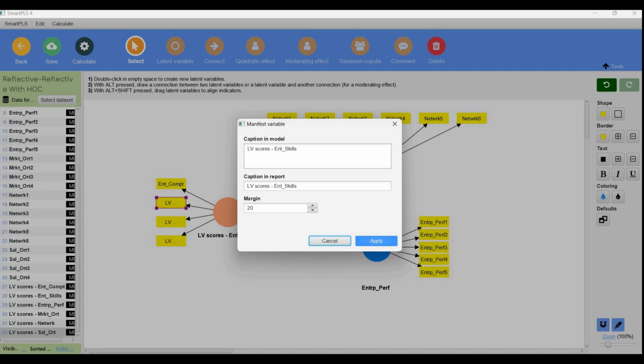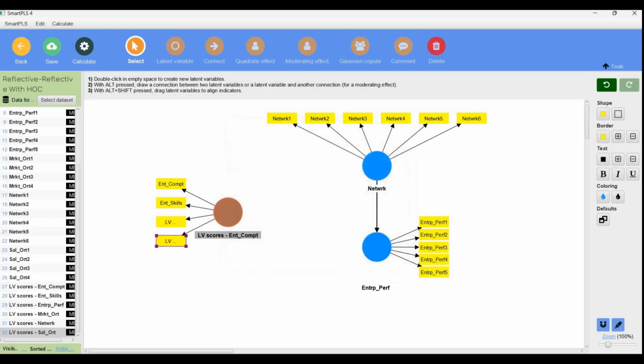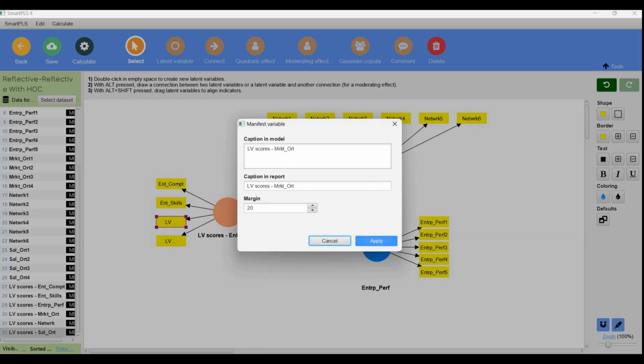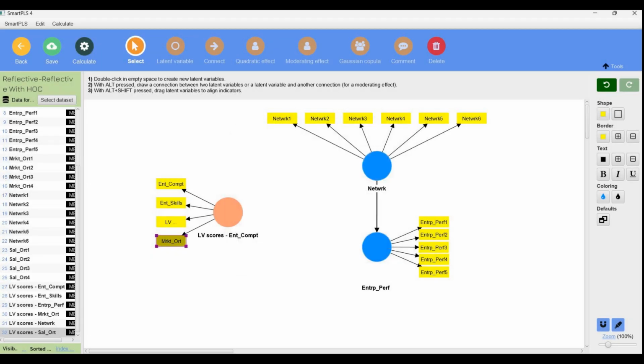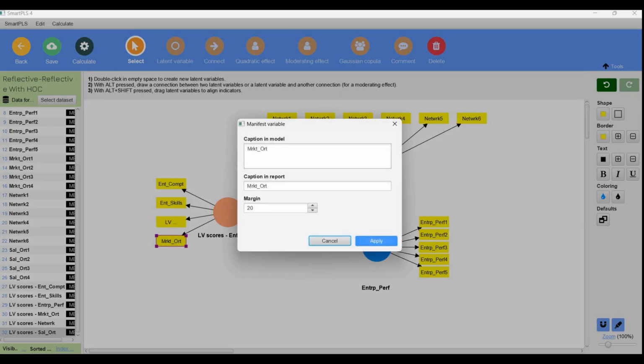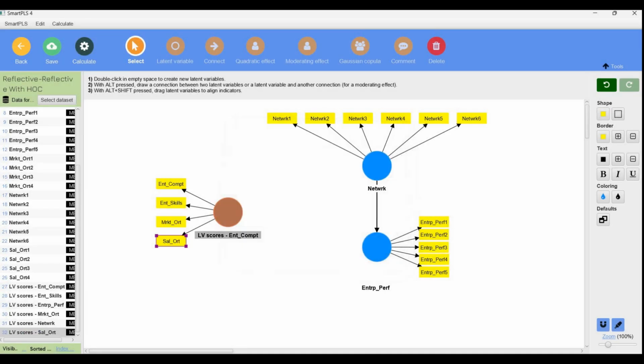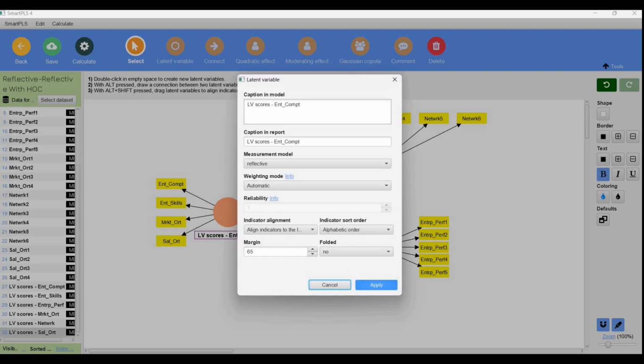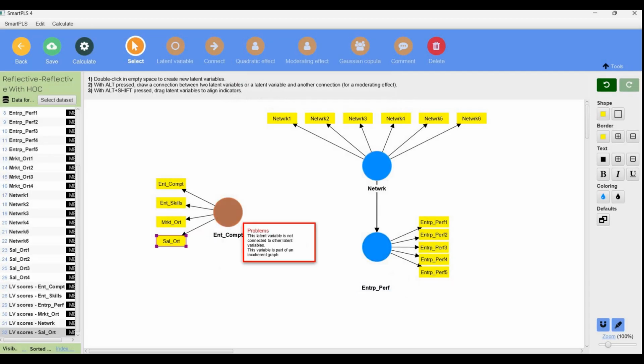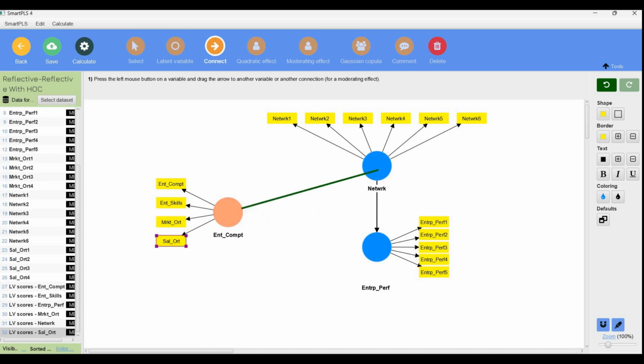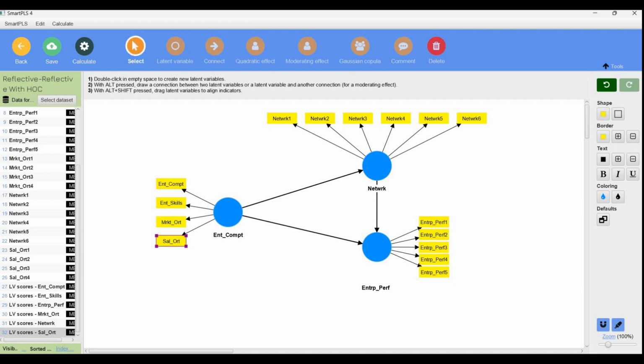Then the next one, delete the latent variable score and apply. Then again delete the latent variable and apply. And the last one, okay, market orientation, and then sales orientation, and delete. And then this one is also there, and now all our values have been shortened, and then we have to connect with this one and then this one. And now we should apply our